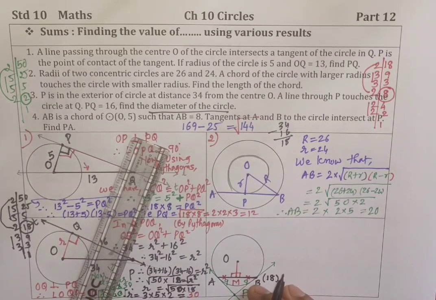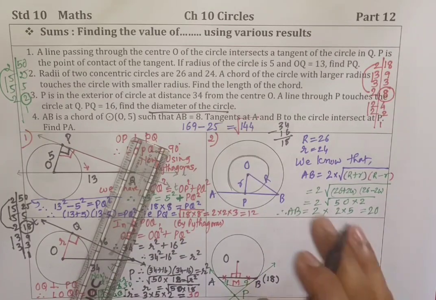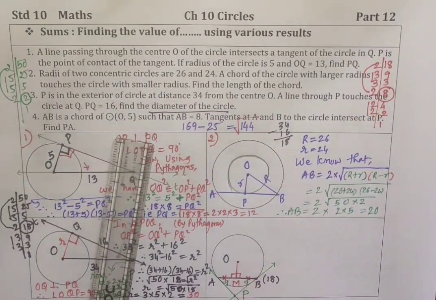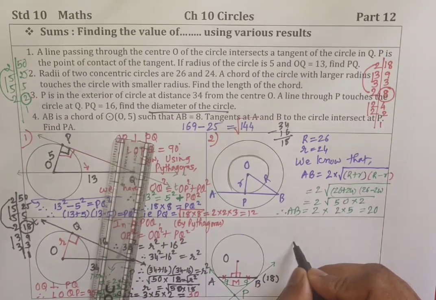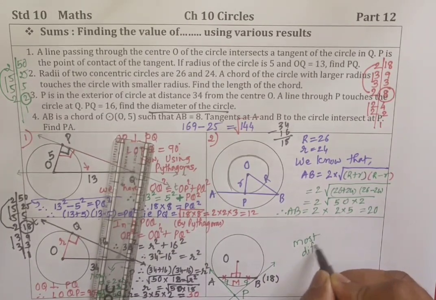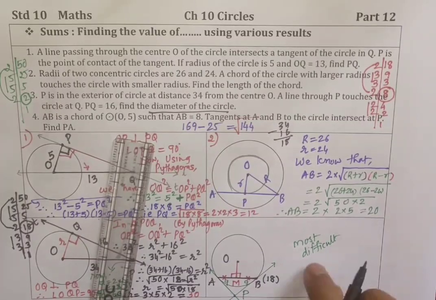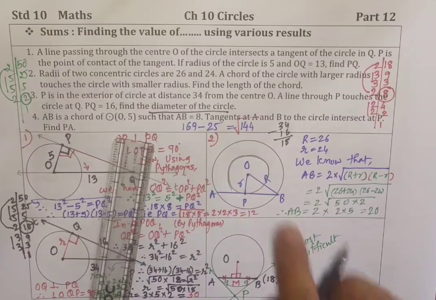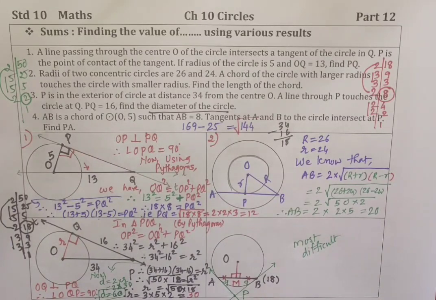This is a very difficult sum and a very lengthy sum. So we'll have to do it on a separate page because you will need a full page to do it. All right, children. So I just take a new page to solve this. It is very lengthy. I said earlier it is very easy, but this is the most difficult one. You need to use plenty of results here. However, we'll do it on a fresh page. Clear, children?